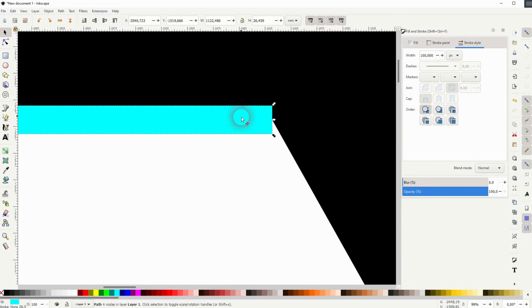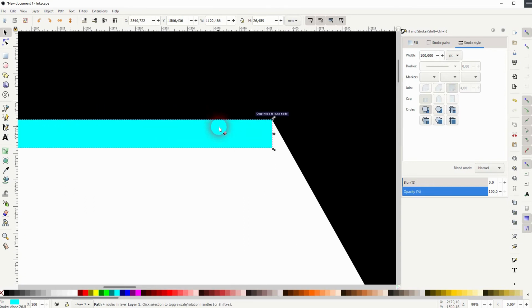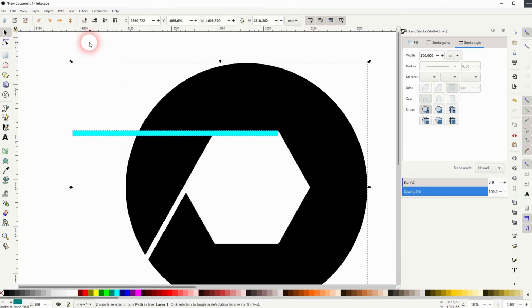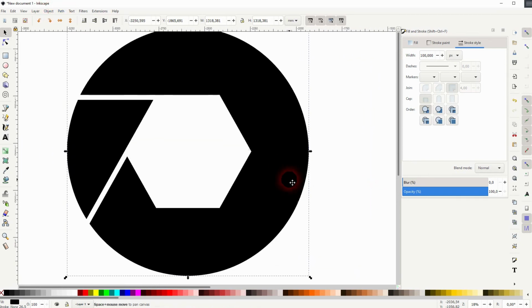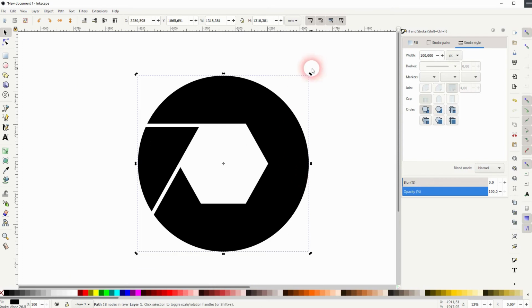You can zoom in. I've got the snapping enabled obviously, so look at the right hand side of the menu. It should be by default for you as well. Select both and then use difference. And now you repeat it for every corner.